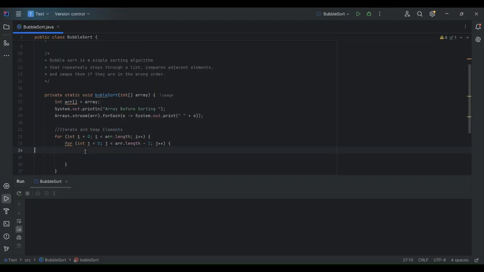Now here I have taken these two loops where I need to check if array of i, the element at the ith position, is greater than the element which is on the jth position, right? So if this array of i is greater than, sorry, less than array of j, only in that case